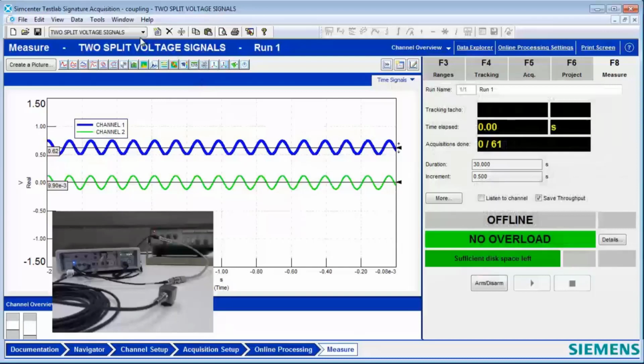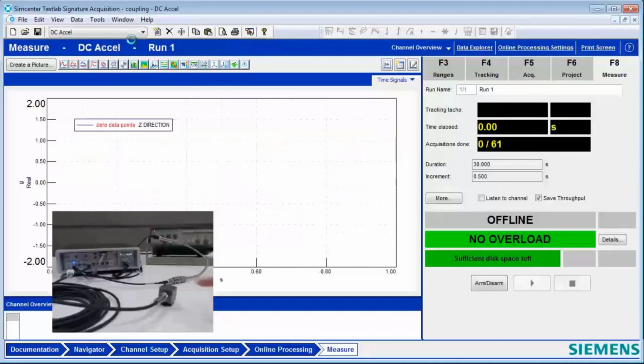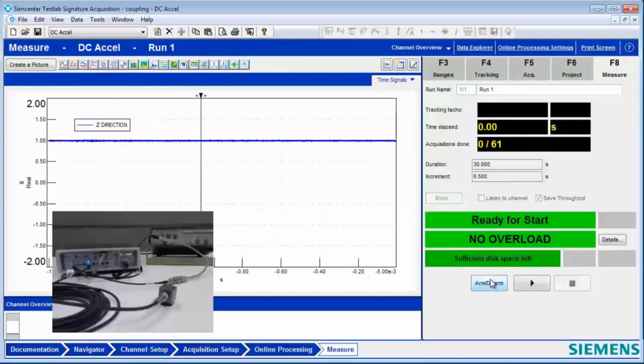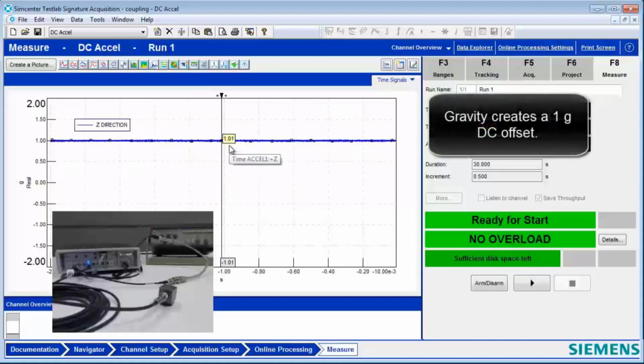When I measure an accelerometer, sometimes I measure the vibration of things. Well, let's see. You got an accelerometer hooked up here? Yes, we do, right here. Okay. This is what's called a DC accelerometer. So we have a DC accelerometer hooked up, and right now it looks like it's measuring about 1 G. Why is it measuring 1 G? It's not even moving. It's measuring the gravity.